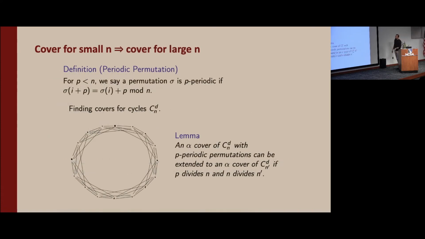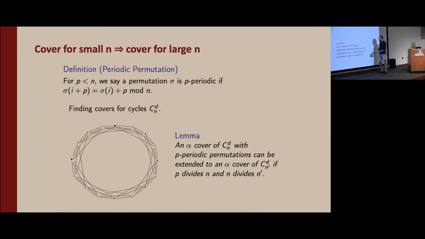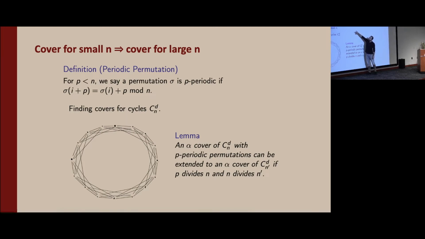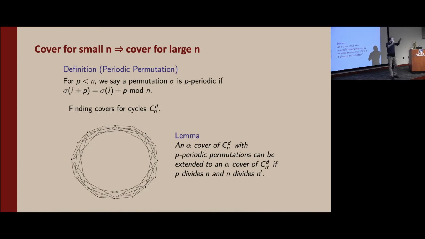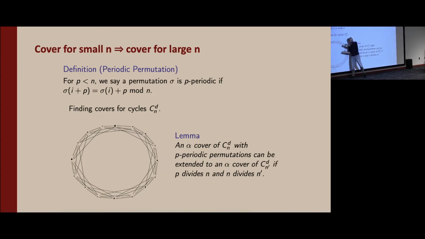All right, so let me do this part quickly. How do we go from a small n to large n? Essentially, we look at these periodic permutations, and if you can find a cover using these periodic permutations, and the graph that I showed you was a long line, it's actually easier to think of them as large cycles. And if it's periodic, it means that if there's a particular pattern that's being repeated, you can open it up and repeat it a little bit more. So you go from a small graph to a larger graph that way.